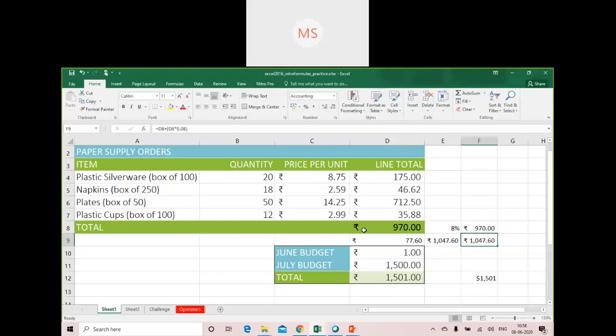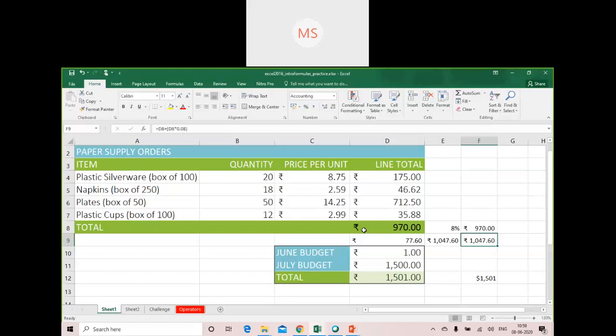Okay, so now if these things are clear, I hope you are all able to perform simple calculations and create your own simple formulas. You can calculate taxes, and you can calculate the total amount of a bill including taxes.